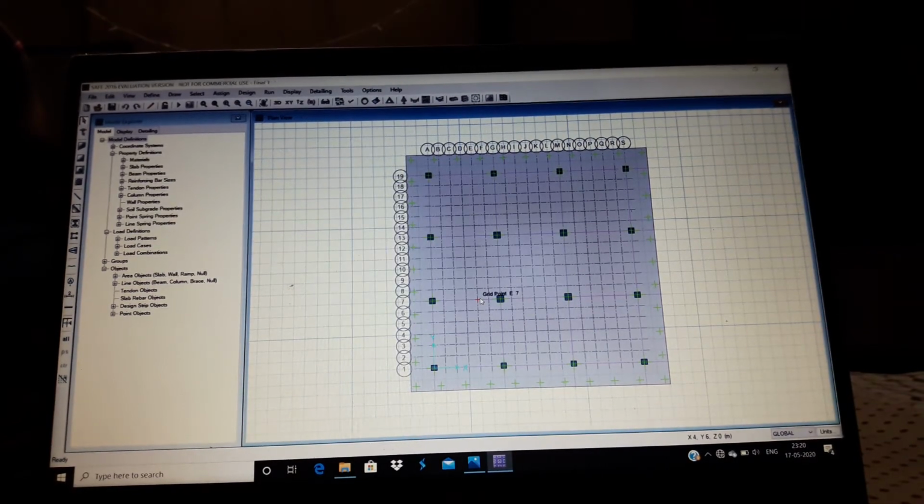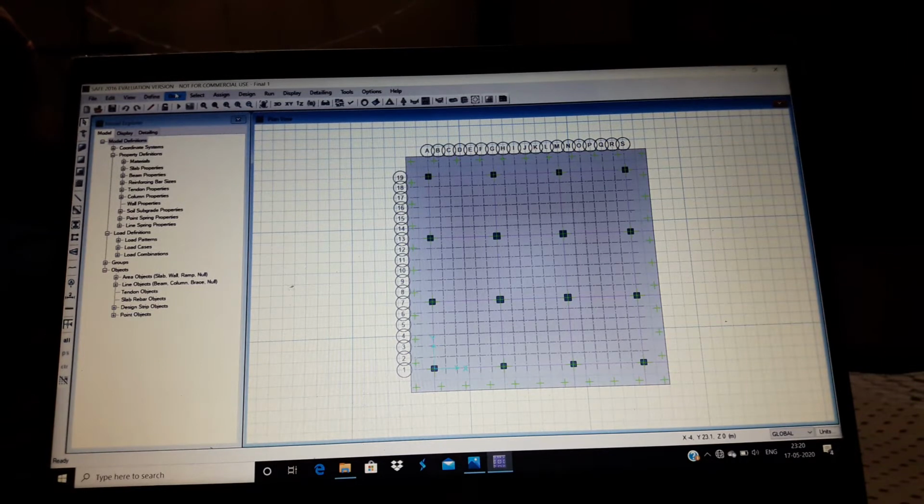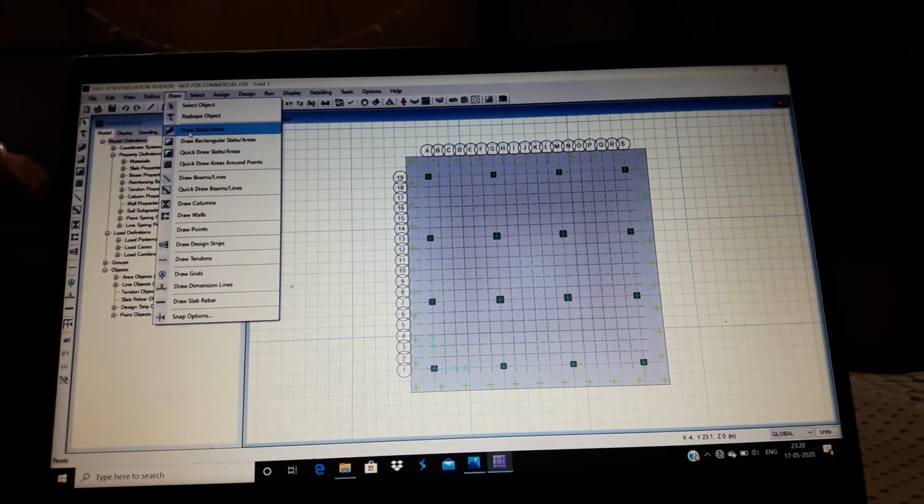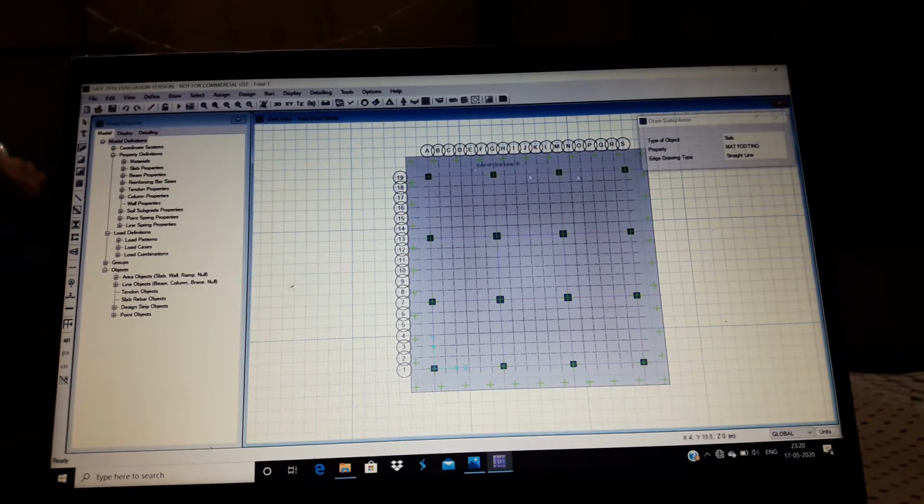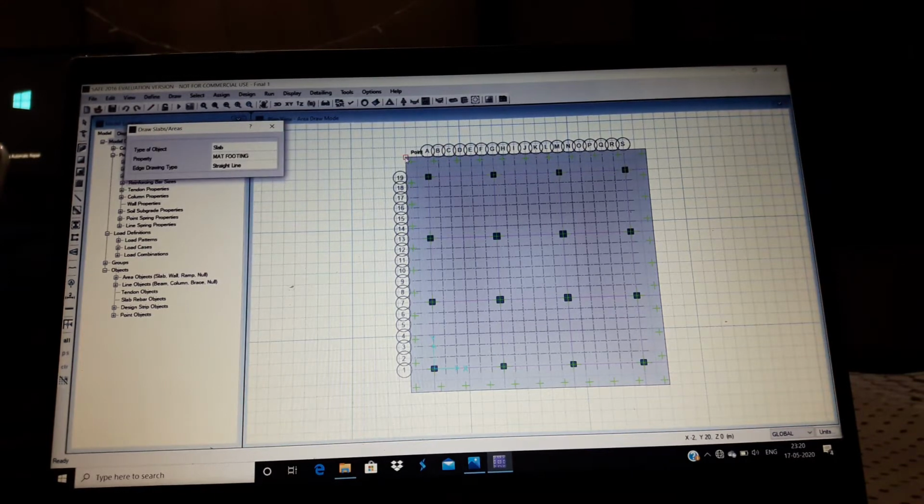Again OK. Then draw slabs. From here you can see property should be mat footing, which we have defined earlier. In order to draw, you need to first click on the points, firstly here, then here, continuously clicking.